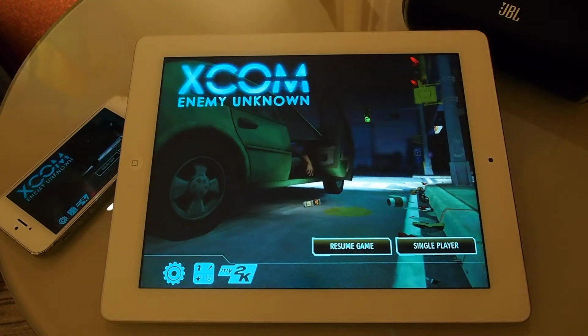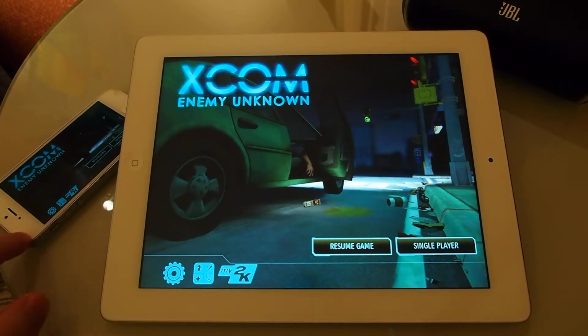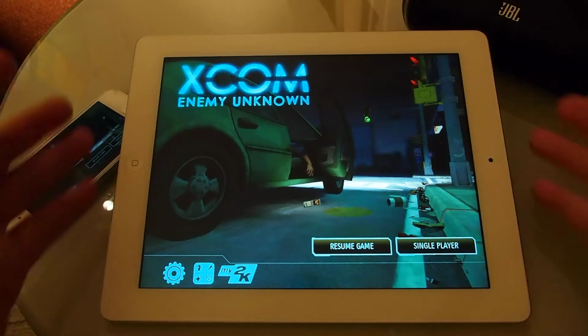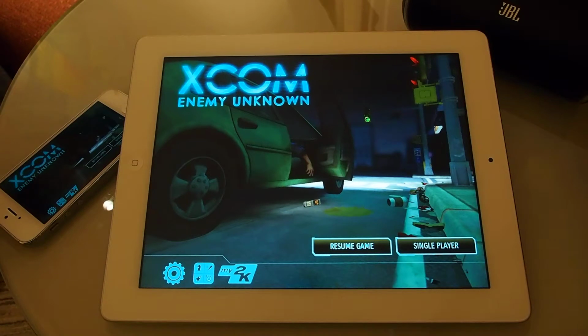Hello again everybody, my name is Aaron and today we will be looking at the game XCOM Enemy Unknown on the iOS. So we'll have a look later on XCOM on the iPhone 5, and right now in front of us this is an iPad 3, and for XCOM fans this is fantastic because for the longest time